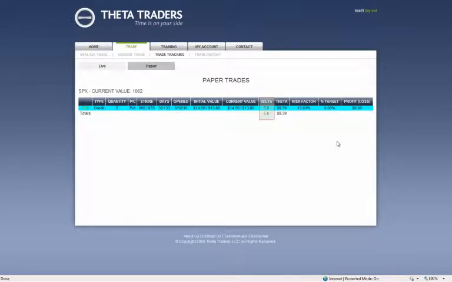Delta shows how much money may be made or lost as a market moves up or down. Theta is the Greek symbol used to represent time. We use it to show the daily profit potential. In other words, this trade has the potential to make $9.39 per day simply because time is passing.